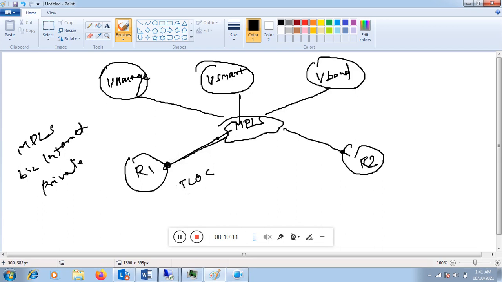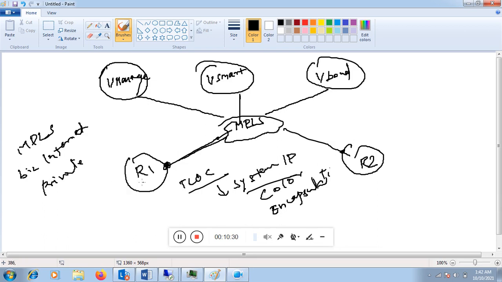T-loc is identified by system IP. So a T-loc is a combination of system IP, color, and the encapsulation. System IP is a unique IP that is defined on the SD-WAN router.